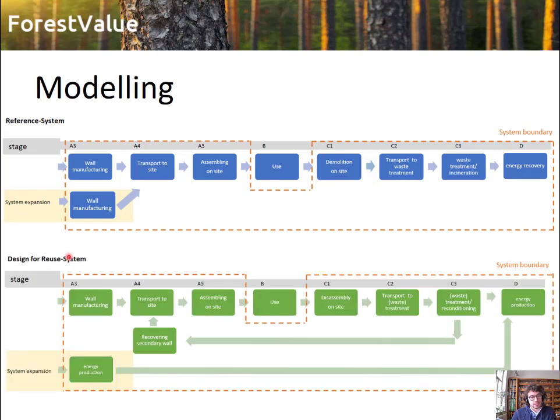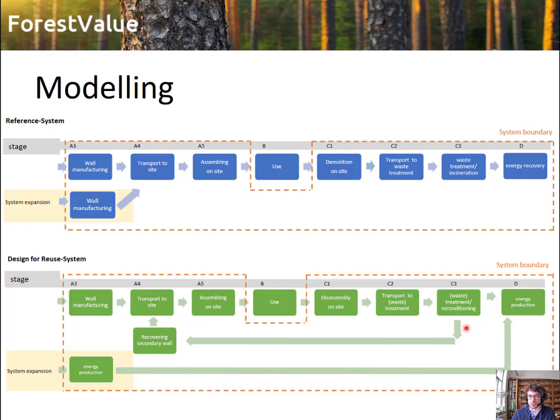This is the design for reuse system. It is very similar, as you can see. Of course, the production line or the life cycle is more or less identical. Of course, there will be differences in the wall manufacturing. There will be differences in the assembly on site, the disassembly, and the waste treatment, which will be covered by the data that we'll use. And then, in the comparison, there will be differences, because in